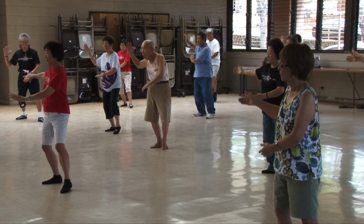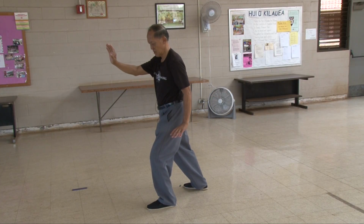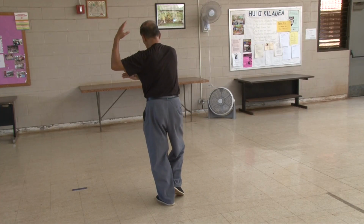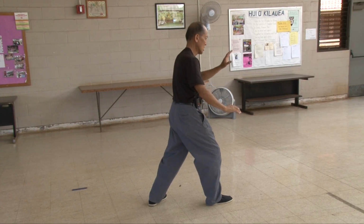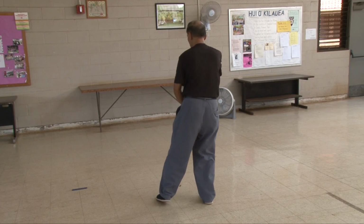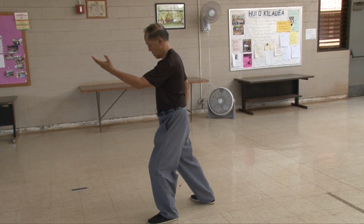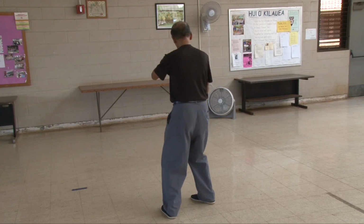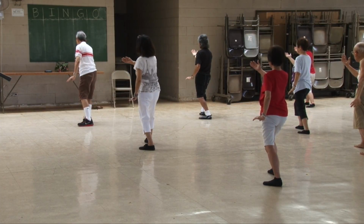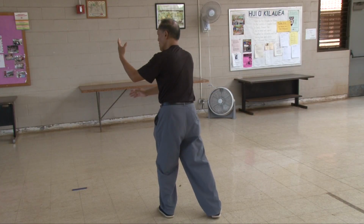Brush knee, T step, L step, turn, brush, sit back, twist step, hand out, T-step, turn, brush knee. Sit back, twist step, hold your ball, parting of the horse's mane. Sit back, twist step, hold your ball, L, parting of the horse's mane, advance the left, flip your hands, cloud hands,